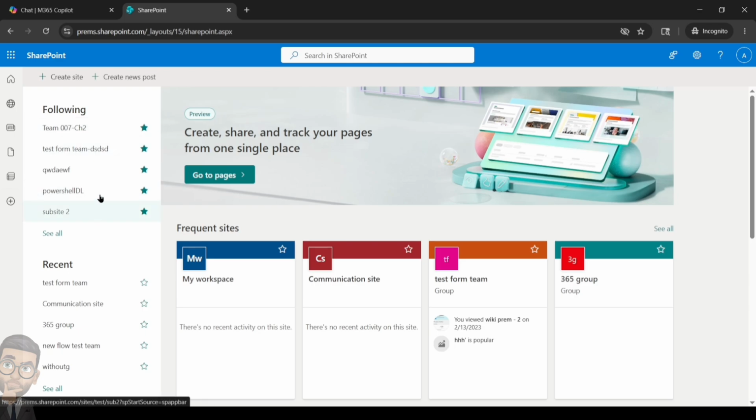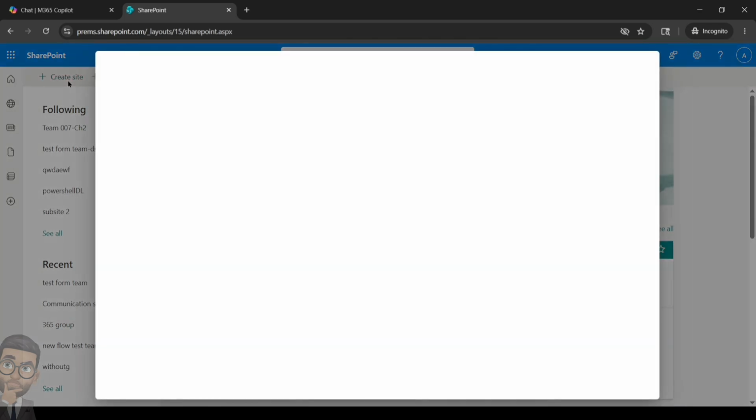So these are all the sites which I am following, and these are all the recent sites which I have had interactions with. And on top I have the option to create a site. I will click on create site,